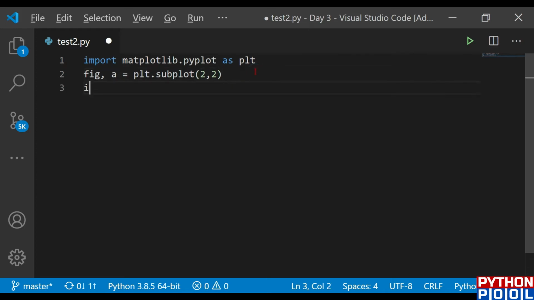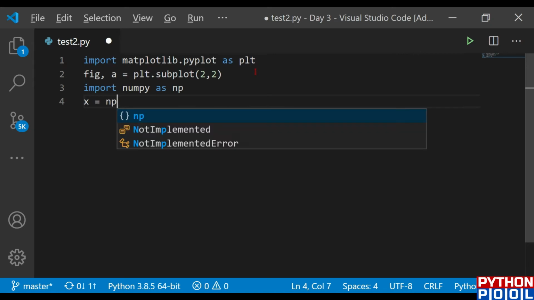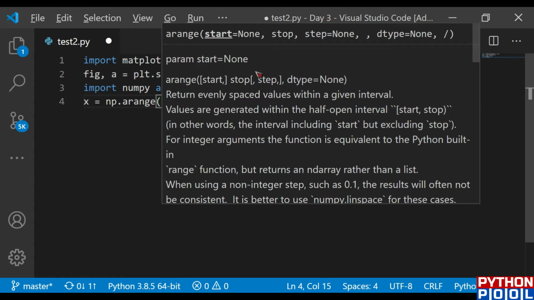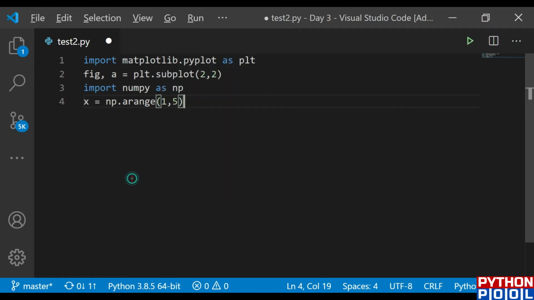Okay, now let's import the numpy module, sorry, as np, and let's define the criteria, up to which range we define our graph. So my graph would be a simple graph between 1 to 5. Now I'll be defining the functions between 1 to 5. I am going to give the square graph, or the square root graph, or exponential graph, logarithmic graph, we will see that one.